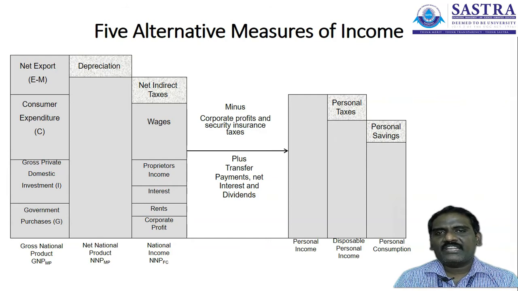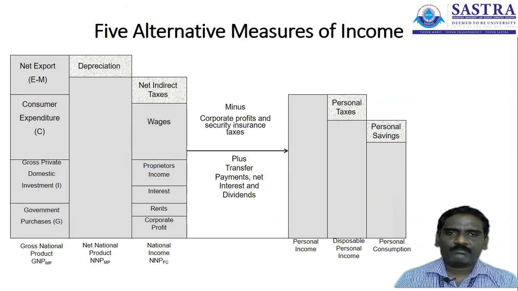Together the other costs included in the calculation of net national product at the factor cost for determining the national income are the corporate profit, together with the rent, interest and the proprietor's income, together with the wages, calculated for determining the income received by the country during the particular period of time.